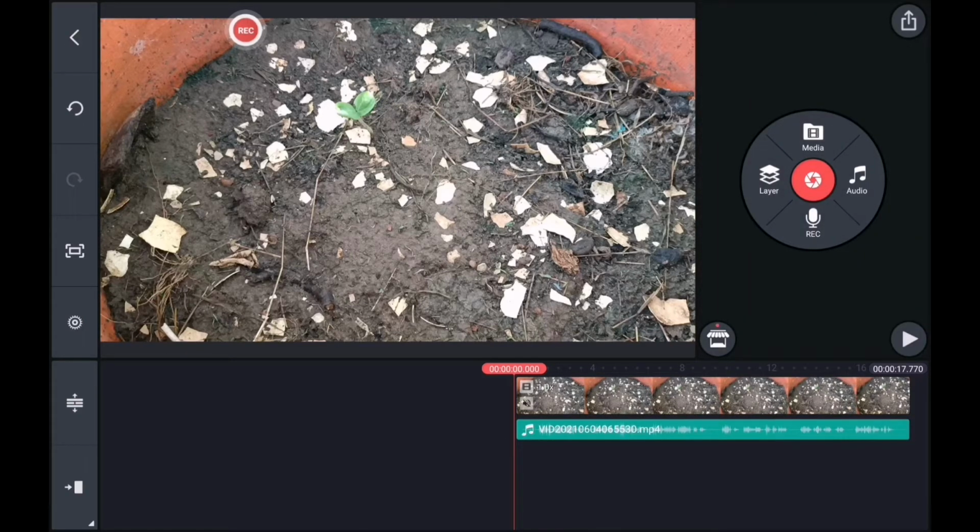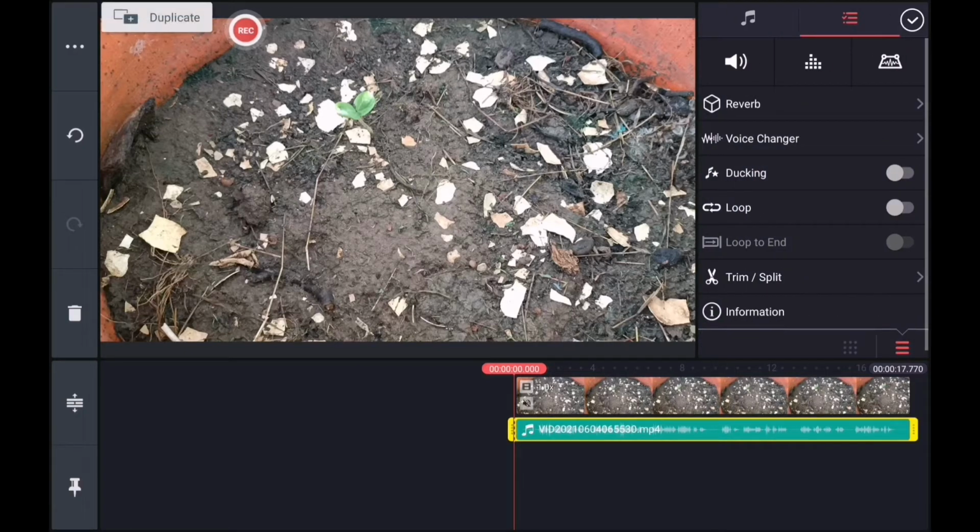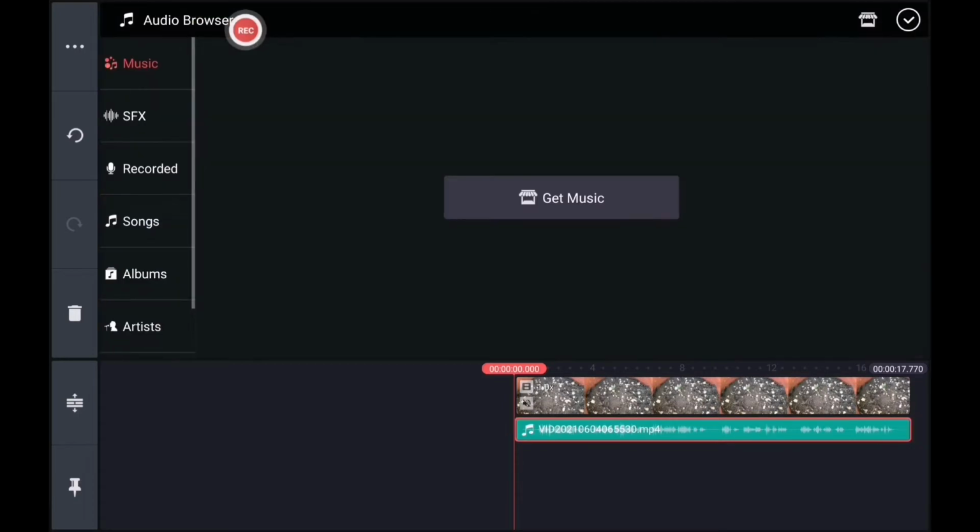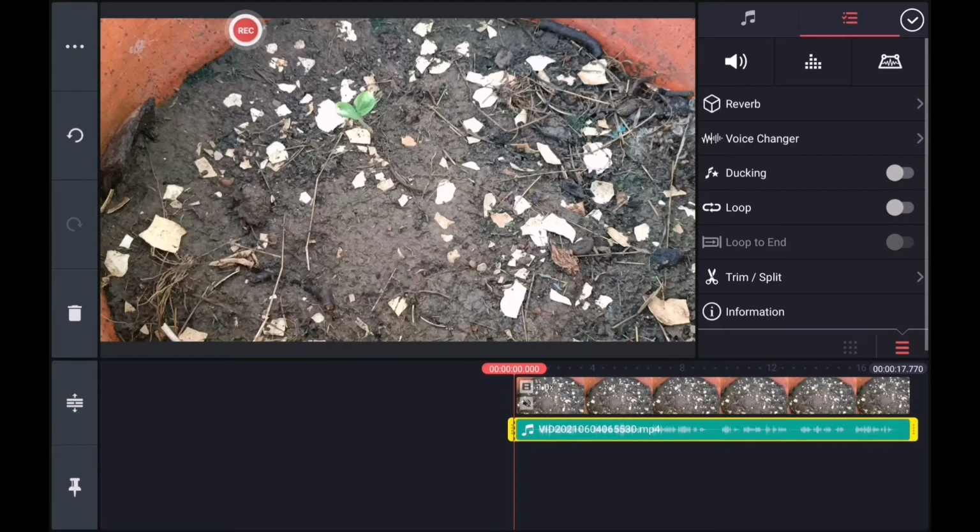If you could extract this audio right now from this KineMaster and save it somewhere else, using the second tool, we can reduce the noise. But it is not mentioned over here how to extract this. I have searched the internet, but there is no such option in KineMaster. So you can't save this. So using KineMaster, you can't reduce noise optimally. Maybe to some extent, but not optimally. So no such options anywhere. So let's close this now.